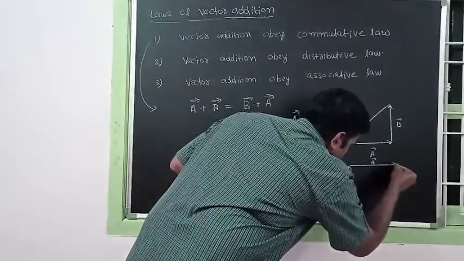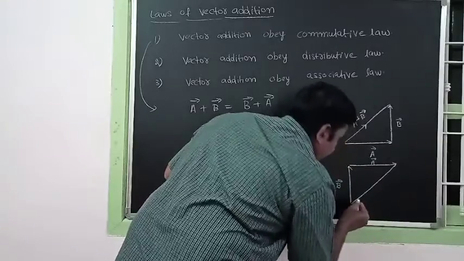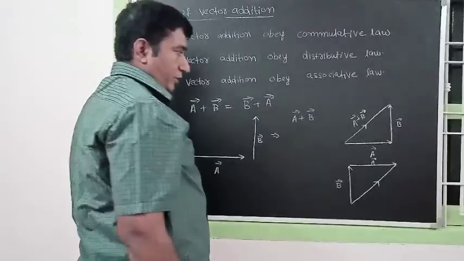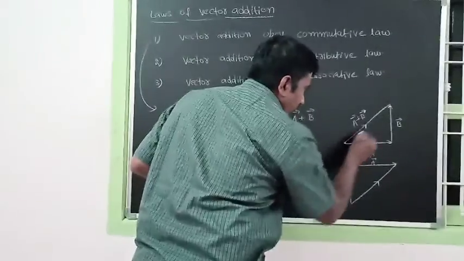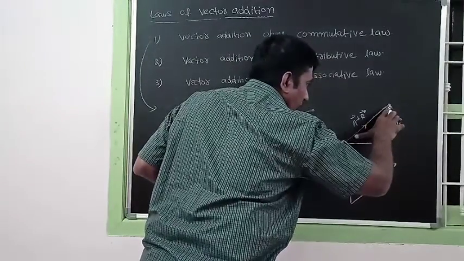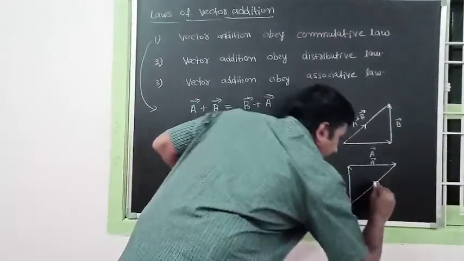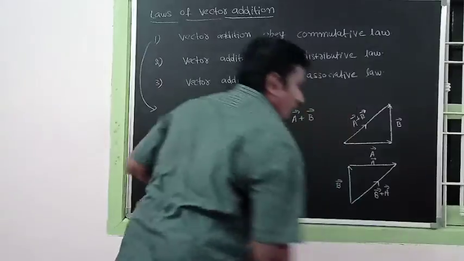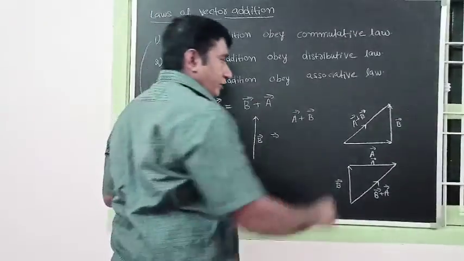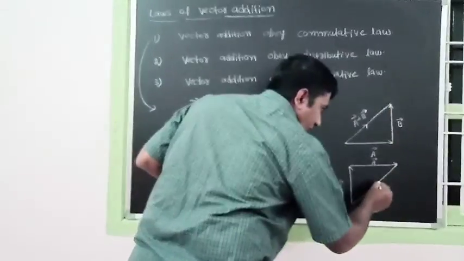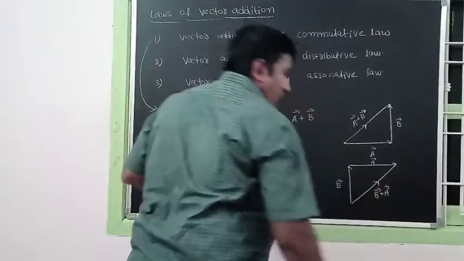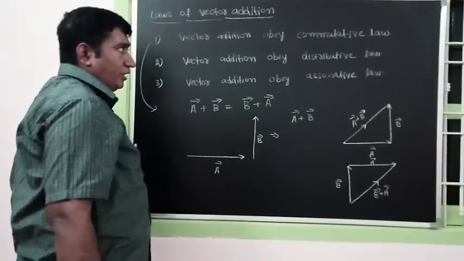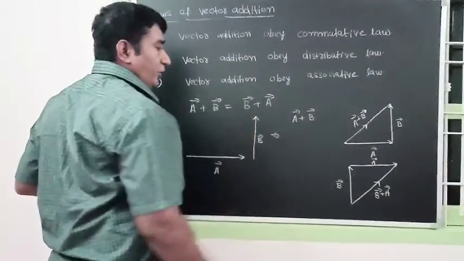The resultant is nothing but this third side, which will be the same, in reverse order. You can see from here to here how much length there will be; the same will be there in terms of B vector plus A vector. Direction also you can see, it moves in this direction, and in the same way the resultant also moves. With the help of this we can say that it obeys commutative law.